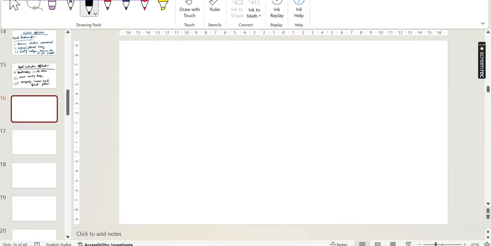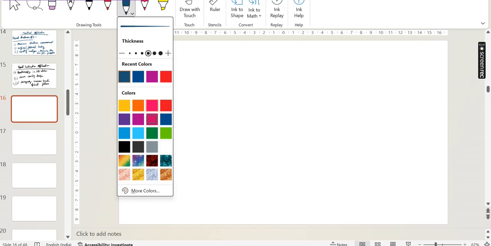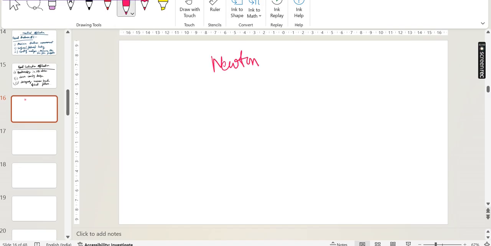So now we go to Newton's rings. Like, if a lens like this is on top of